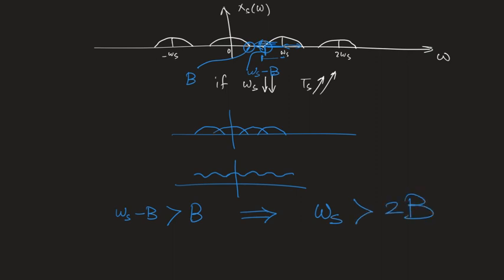So now we see that in order for your sampling not to cause that interference, which would prevent you from recovering the original signal correctly, you have to make sure that you sample with an omega s, and that omega s is just 2 pi over Ts, right? So you have to sample with an omega s that's greater than double the bandwidth of your original signal, right? And this is what is called the Nyquist sampling, and this whole expression is what's called the sampling theorem. So the sampling theorem says